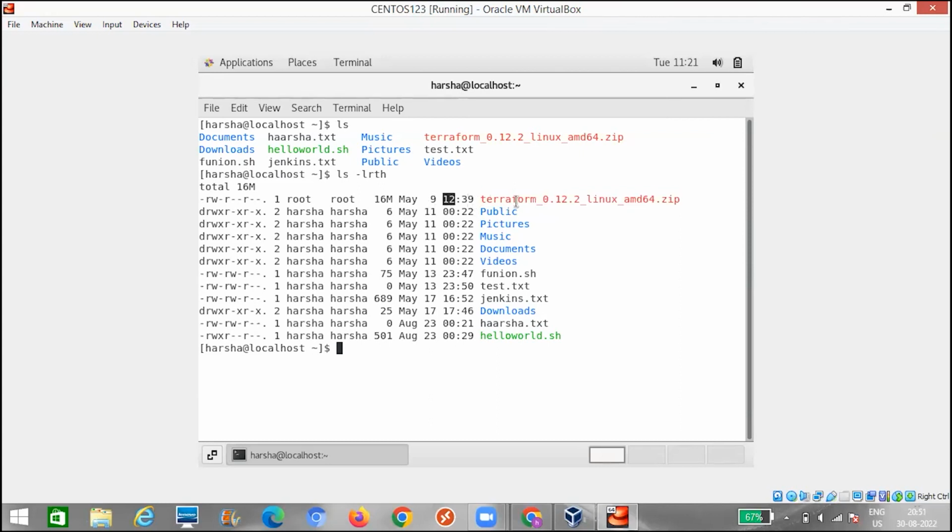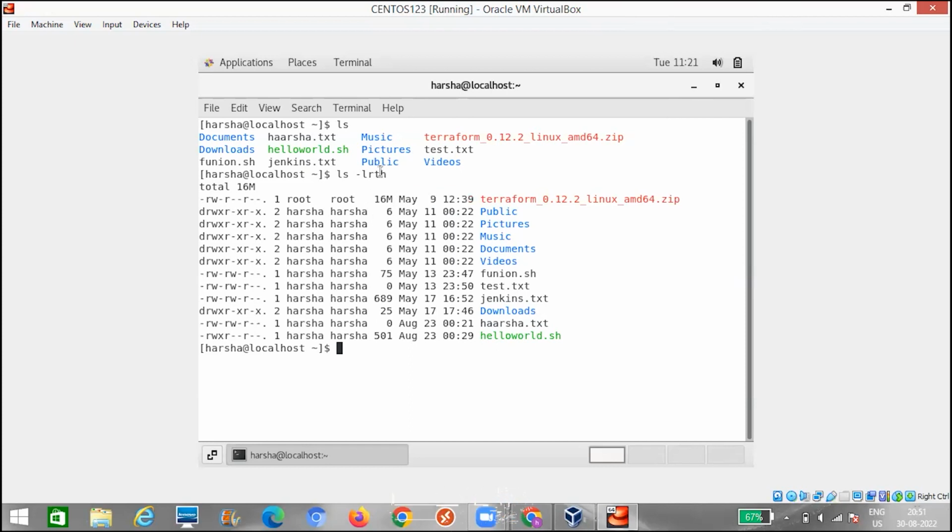So if you do ls -lrth, it lists the files in reverse order in a long listing, meaning it shows all the permissions for a given file, which user and group it belongs to, the size of the file, and the date at which it was created. Okay.